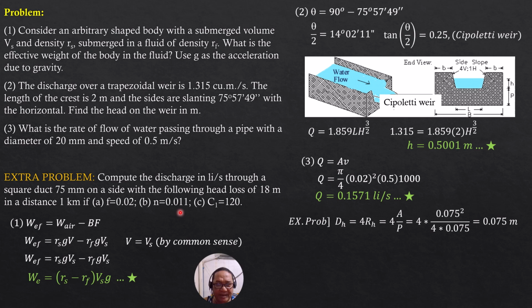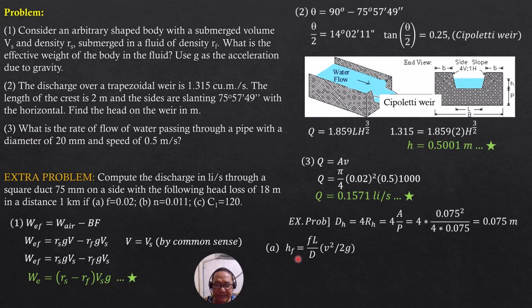So by Darcy-Weisbach formula, hf equals fL over D times the velocity head v squared over 2g. So hf = fL over D times v squared over 2g. We can use this because the power of D is just 1. We cannot use the formula 0.0826 fL Q squared over D to the fifth. It is not accurate because the power of the diameter, and there's no diameter here, is as high as 5.